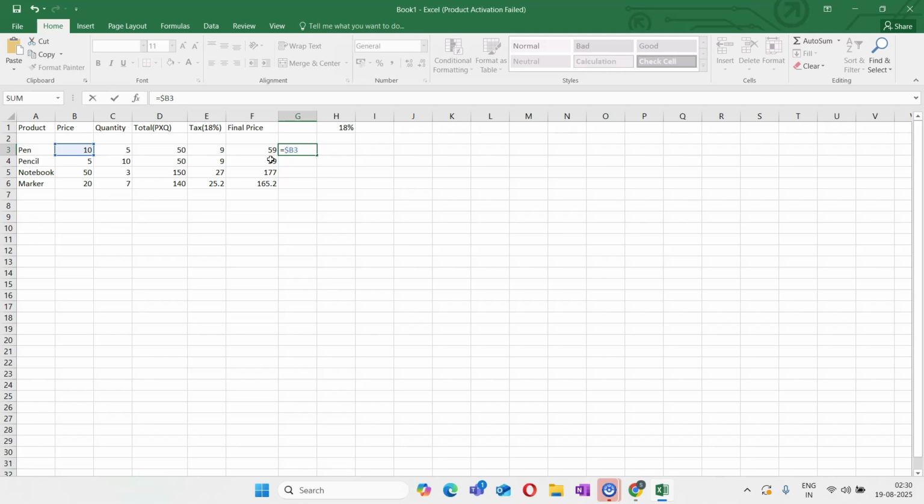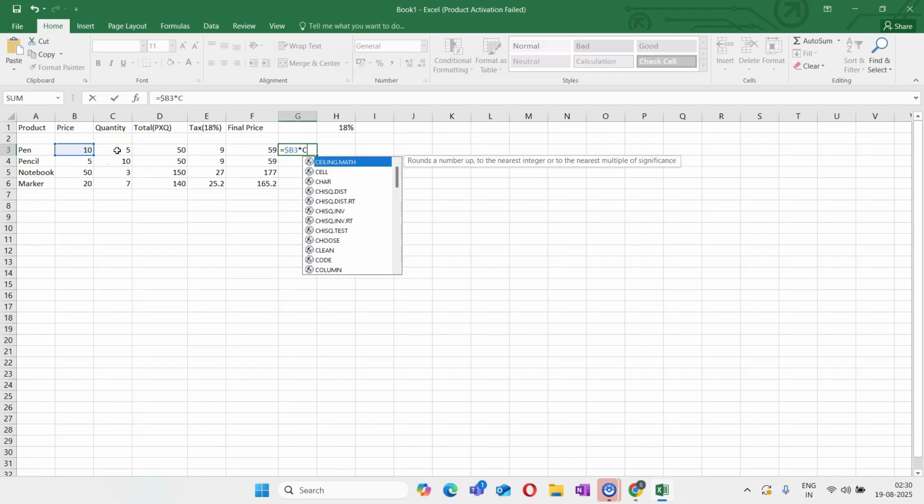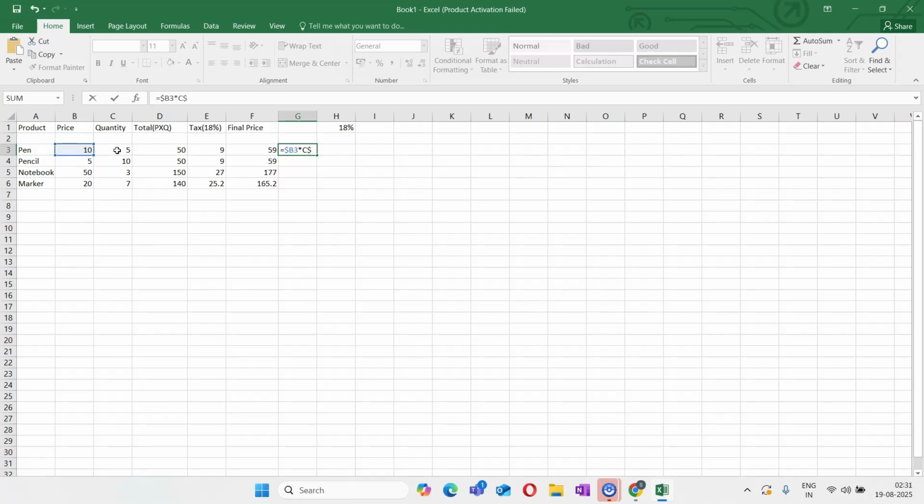Remember that. And let's just multiply it with the other one, which is C3. Okay. Now in C3, I'll keep C changing. It can change C, D, E, F, like that. It can keep on changing, but my row will remain same. So I put dollar and I can simply write E over here because that is my cell reference.